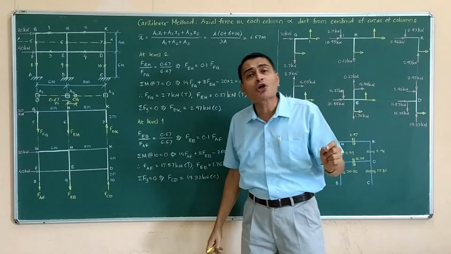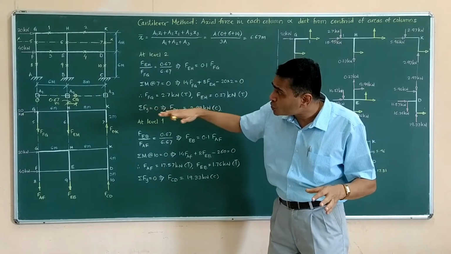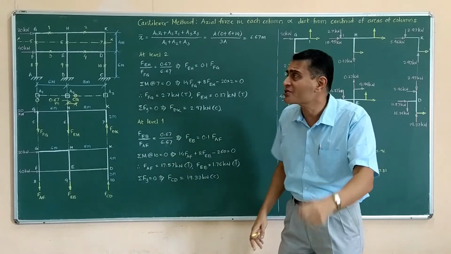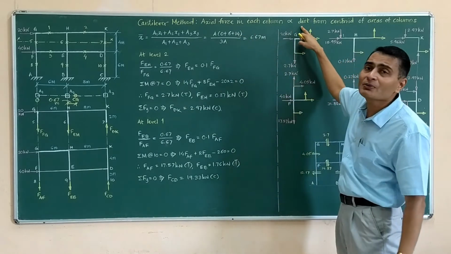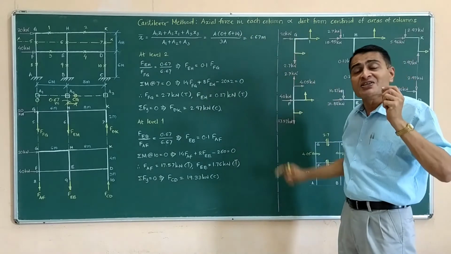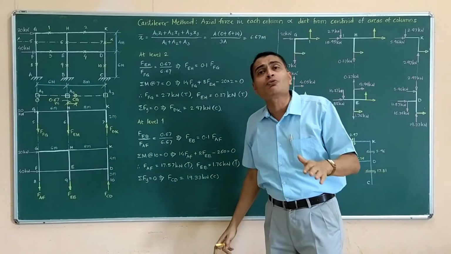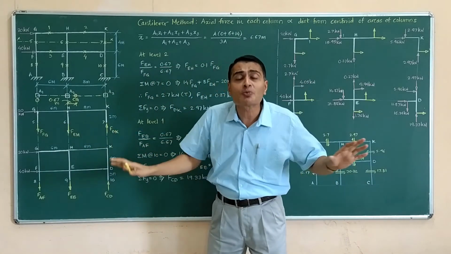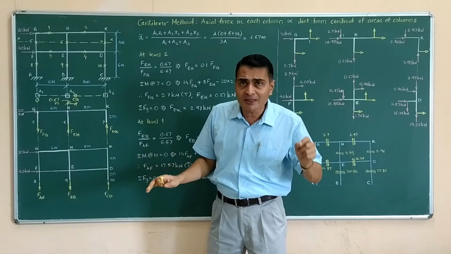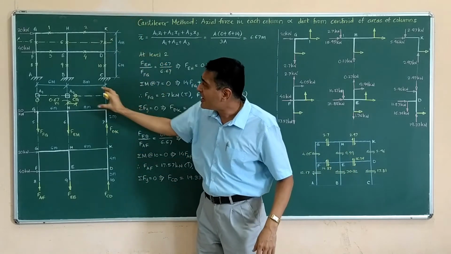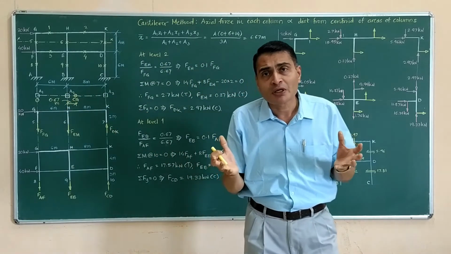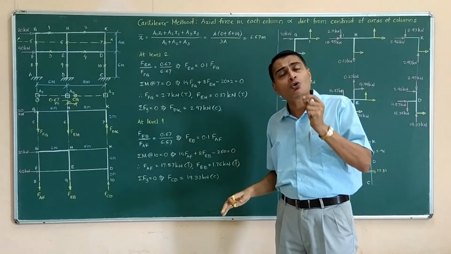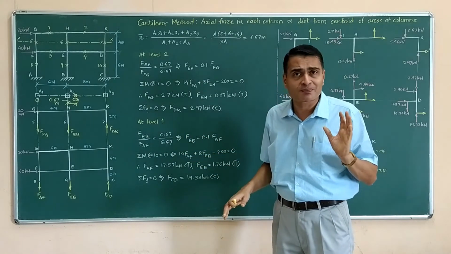However, I am not drawing the complete FBD. I am not showing their horizontal shears at all. I am only showing axial forces because our assumption in cantilever method is regarding axial force. Secondly, I am going to use such an equation where whether I show these horizontal shears or not will not make any difference. I repeat, above section XX, I have shown the FBD of the portion. But this FBD is incomplete. I have not shown horizontal shears. I have only shown axial forces.